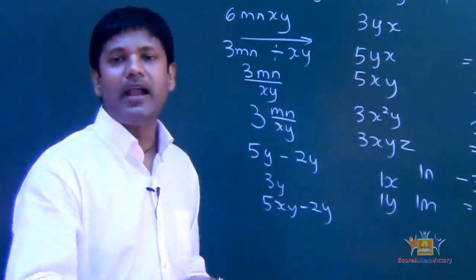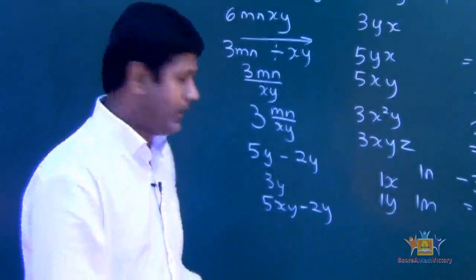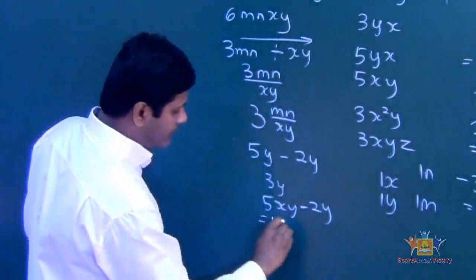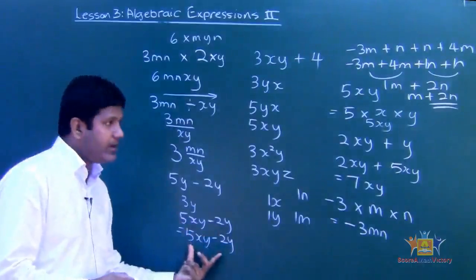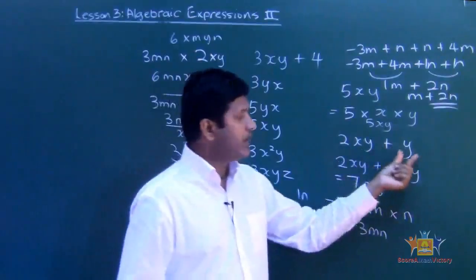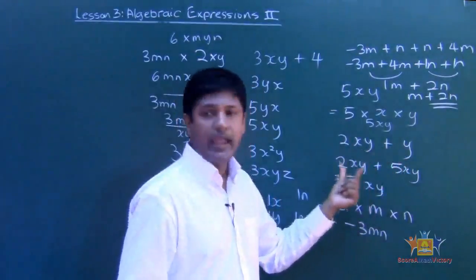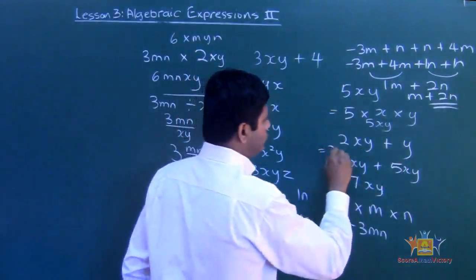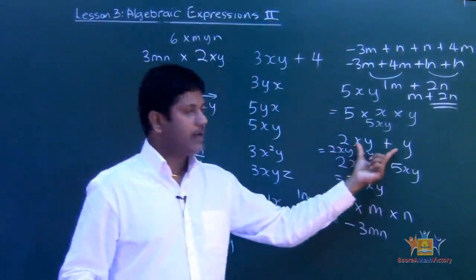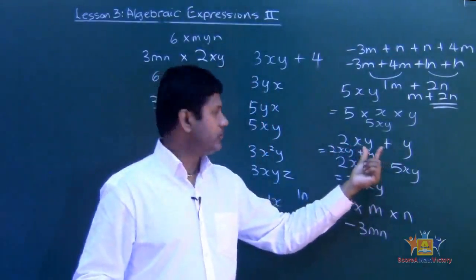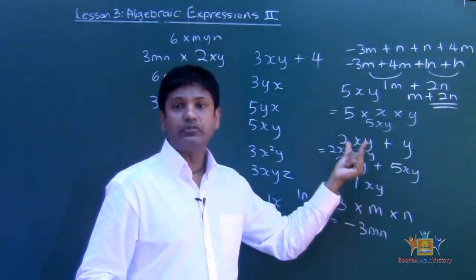5 oranges minus 2 apples. Okay, so make sure you don't leave it blank, because that means you don't know. They will think you don't know, you lose marks. You've got to rewrite it, just like this one, 2x plus y. You don't leave it empty, you rewrite it. So 2xy plus y, because they are not like terms, they are unlike terms, because this is 2xy, it's xy,